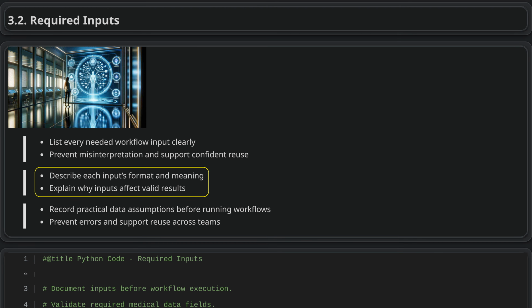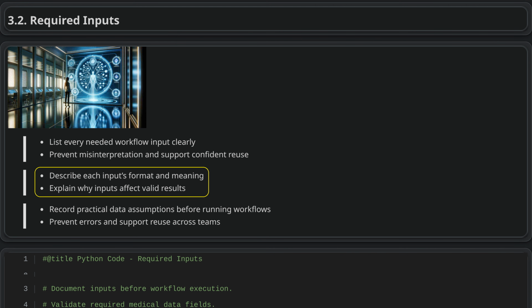When documenting required inputs, state both the file format and what the data means. Include the needed columns, their data types, and any key conventions, such as whether lab test names are local or standardized, and whether results are numeric or text. This helps ensure all essential files, such as events and population counts for vaccination analysis, are available so the workflow